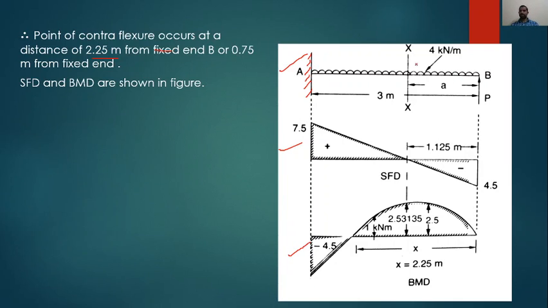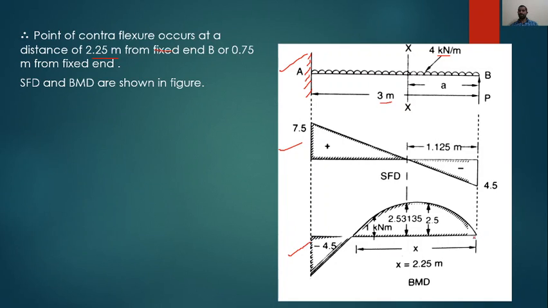A cantilever beam carrying UDL throughout, 4 kN per meter, span 3 meters, having a prop reaction at the free end. Now we know the prop value as 4.5, so 4.5 upwards. Let us start from here. Support vertical reaction 7.5, and from here gradually 4 kilonewton per every meter is dropping, and thereby at this point we'll have minus 4.5, and prop reaction 4.5 finally reaches 0. In this process, the point where shear force changes its sign is determined, that is 1.125, either from similar triangles or from the equation.